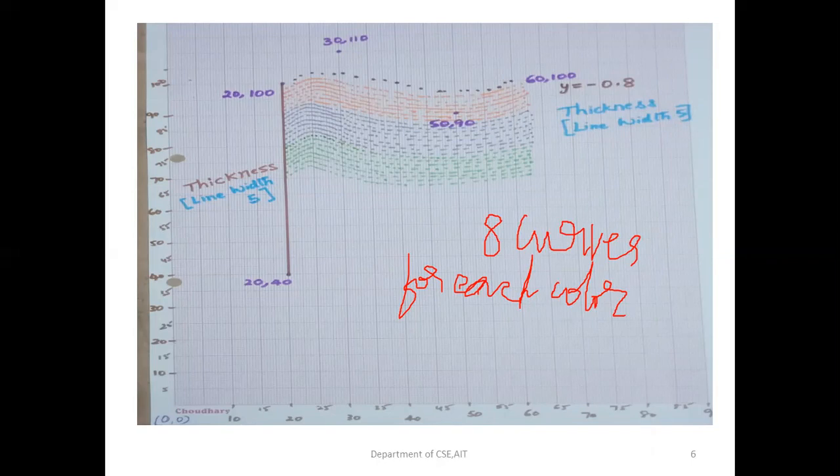Each of the curves will be having a y displacement of minus 0.8. That means one curve should come under another curve. If that has to happen, there should be a negative y value, so the value we have taken here is y equal to minus 0.8. So one curve will be drawn below another curve. The first curve, then the next curve will be coming below it. So this is the 24 curves we are having. And the line as well as the curves, everything will be drawn with a thickness of 5 so that you will not see the gap. It will be a solid flag-like image.